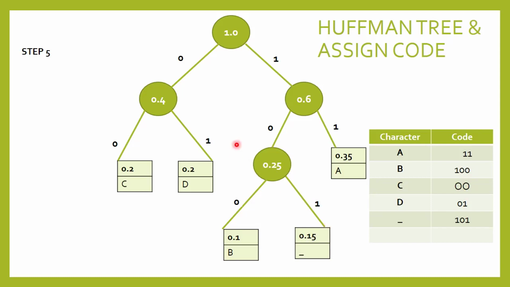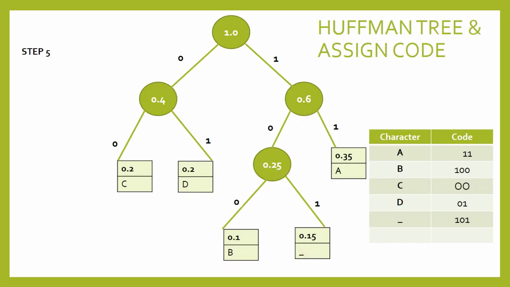So this is the Huffman code for the characters. Now remember one thing, always this root value 1.0, the final root value, will be the sum of all the frequencies. What is the sum of 0.2 plus 0.2 plus 0.1, 0.15 plus 0.35, 0.4... equal to 1. So this total will be the frequency here, and this is the total of this and this, and this is the total of this and this.